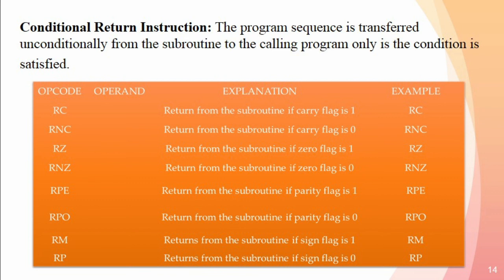The conditional return instruction. In a conditional return instruction, the sequence returns to the main program if the condition is met. Otherwise, the sequence in the subroutine is continued. If the CALL instruction in the main program is conditional, the return instruction in the subroutine can be conditional or unconditional. The conditional return instructions are